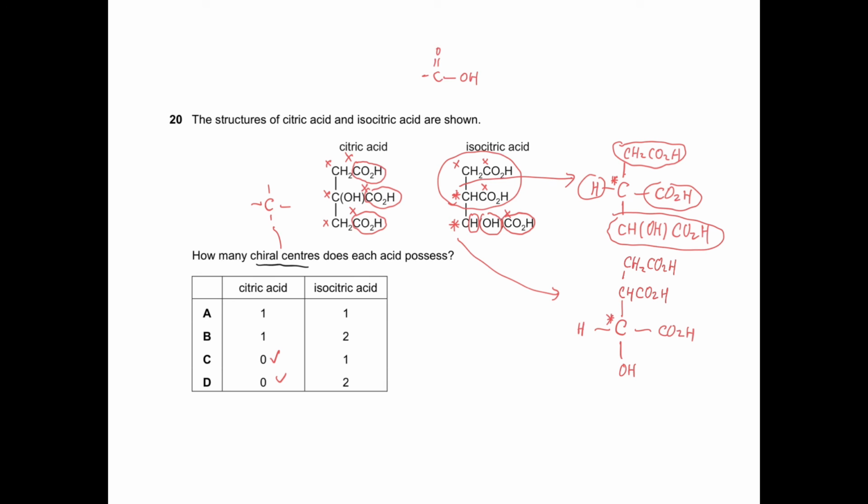Okay, so this carbon is a chiral carbon because it links to 4 different groups. Let us see which are the 4 different groups. The first one, on top we have this big group, on the left you have hydrogen, at the bottom you have OH, and on the right we have CO2H. 4 different groups, and hence isocitric acid has 2 chiral carbons. So 2 chiral carbons, and hence the answer is